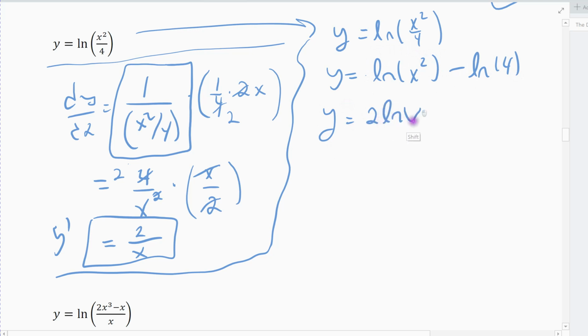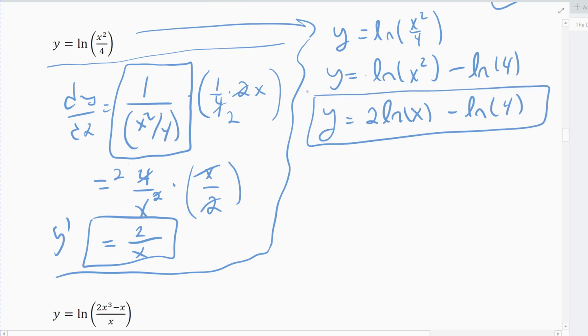Again, I haven't done any derivatives yet. What I've done is I've rewritten my original function in its expanded form, is what we call this. The original would be the condensed form. This would be the expanded form. By expanding it, I get rid of the fraction part, and I get rid of the chain rule part. And so when I take the derivative of this,